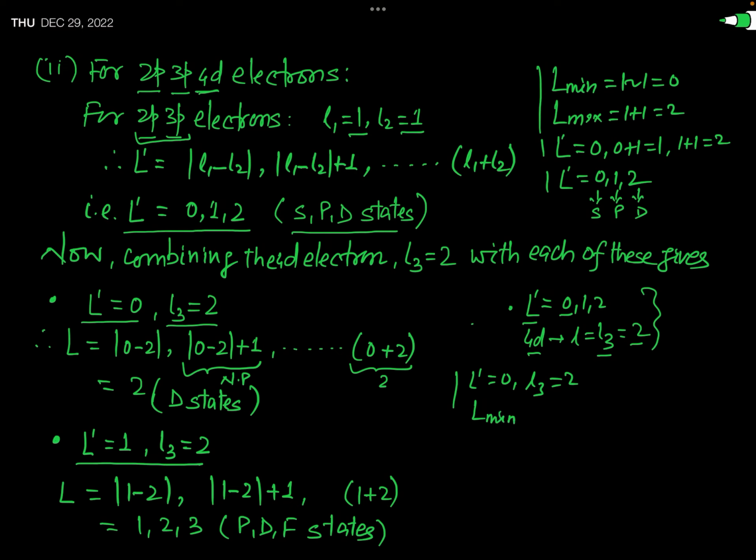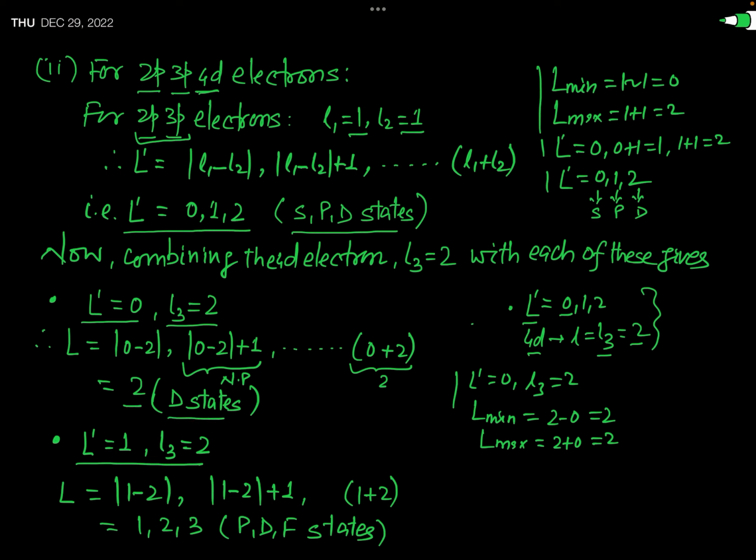L minimum will be 2 minus 0, that is 2. And the maximum value will be 2 plus 0, that is 2. It means in this condition L has only one value, and that value is equal to 2,